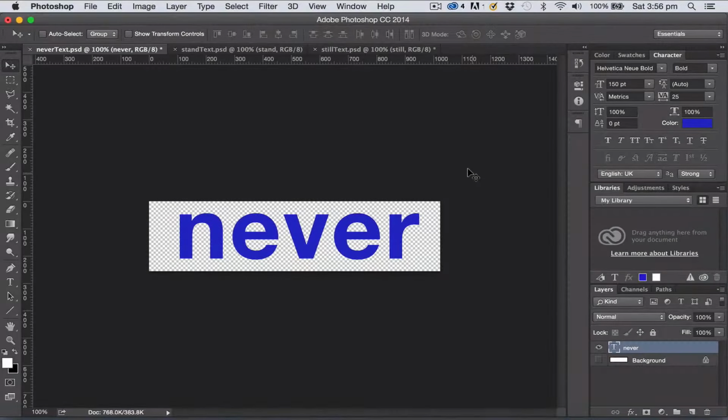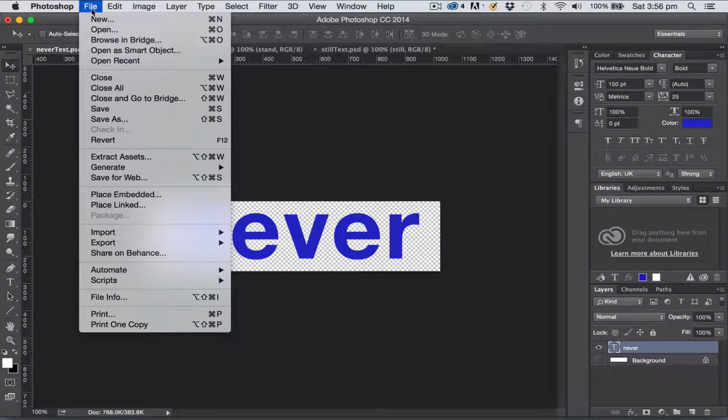We're now going to look at 3 different ways of exporting text ready for use in Unreal Engine 4. Firstly, I've just got a simple file here with a text layer, and it has a transparent background. So although there is a background in the file, that layer is turned off, and I'm going to go File,